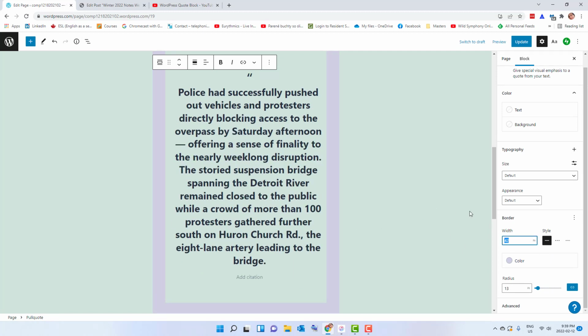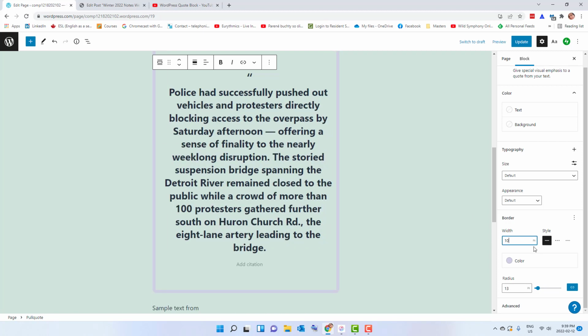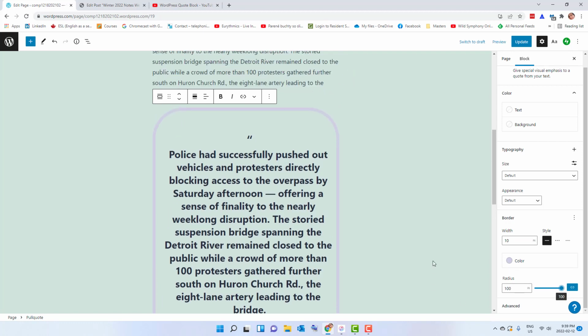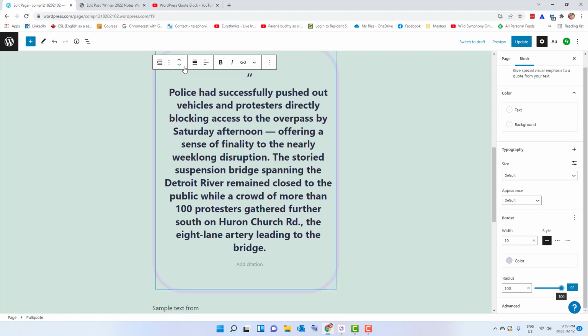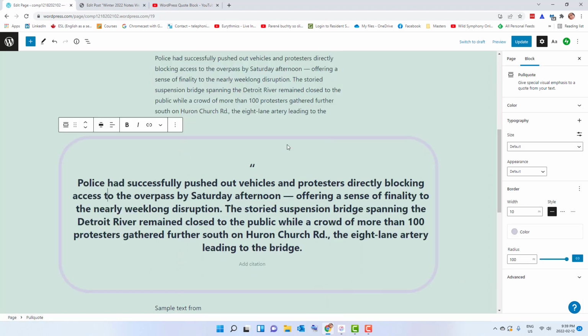So let's make this a bit bigger. Let's make our pull quote border 10 pixels, and it's pink, and let's change the radius so that it's nice and rounded on the corners. So that is a pull quote. You can see how it really pops, and let's make it wide width so it really pops on the page. And update